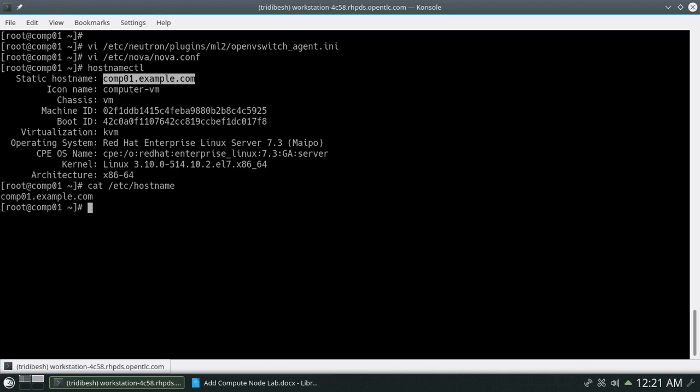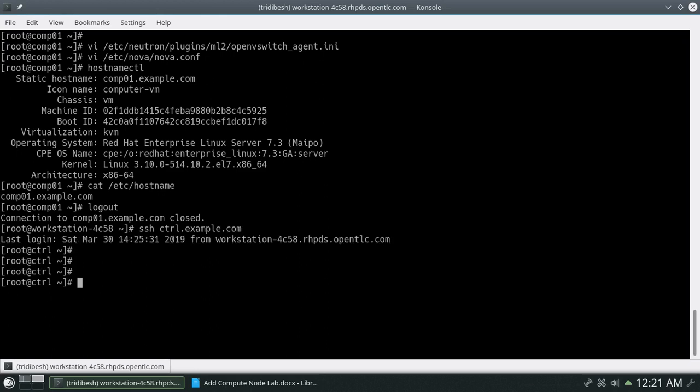If we allow the network address, then both the nodes will be able to communicate. So we'll make that change on the controller node. Let's log into our controller node, ctrl.example.com.